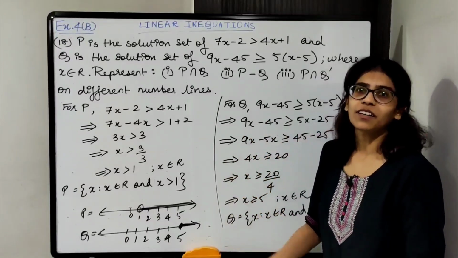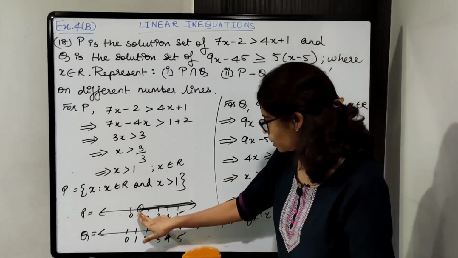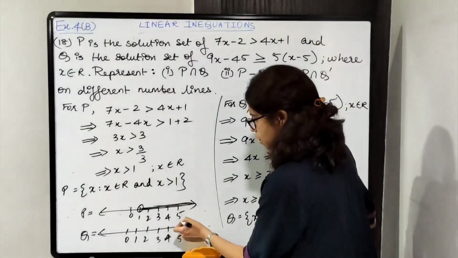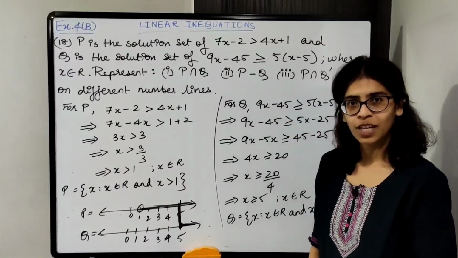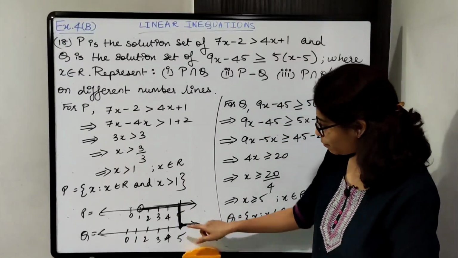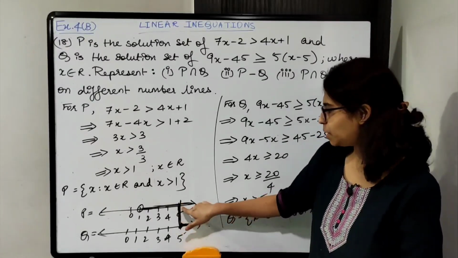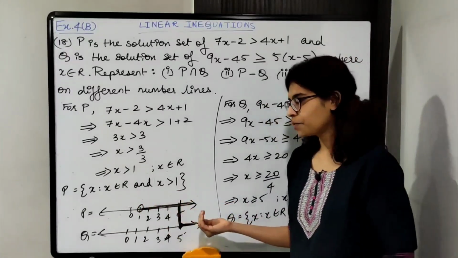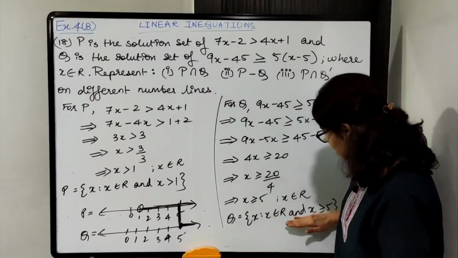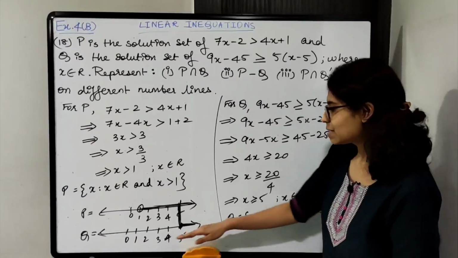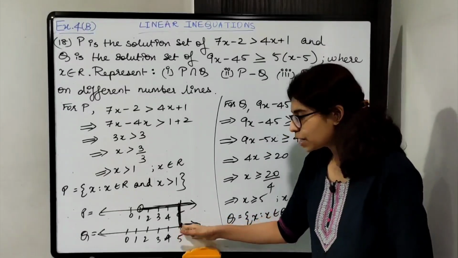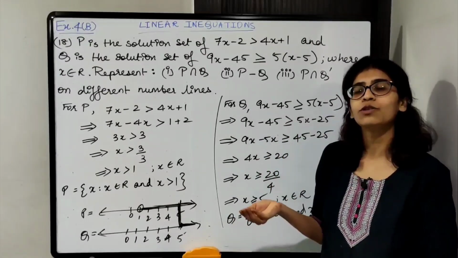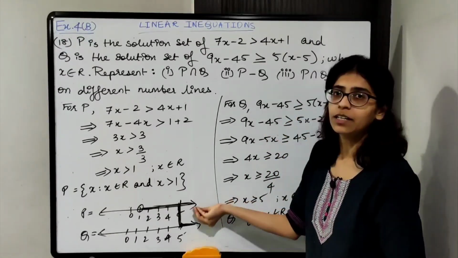P and Q में common क्या है? What is the common part? You can see यहाँ पे it is there, but यहाँ पे there are no values. So 5 से value start हो रहा है, so 5 से you can consider common, है ना? Where 5 is also included. Q में 5 is included and P में by default included है because 1 से ही start हो रहा है. Greater than 1 है, so 5 is included. So this will be the solution. Okay, common part ये होगा, x is greater than or equal to 5. So 5 and 5 से ज़्यादा वाला number सारा included है because this is continuous. Okay, so x is greater than or equal to 5 is common for both P and Q.